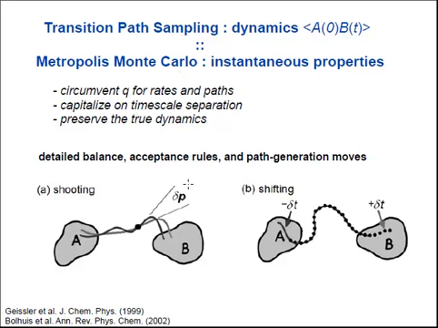Okay, the first algorithm for doing transition path sampling was developed by Bolhuis, Geissler, Dellago, Chandler, and coworkers, and they developed these shooting and shifting moves. This is an ergodic set of moves for sampling path space. And I won't go through too many of the details of how this works because we've since developed moves that I think are a bit more efficient.